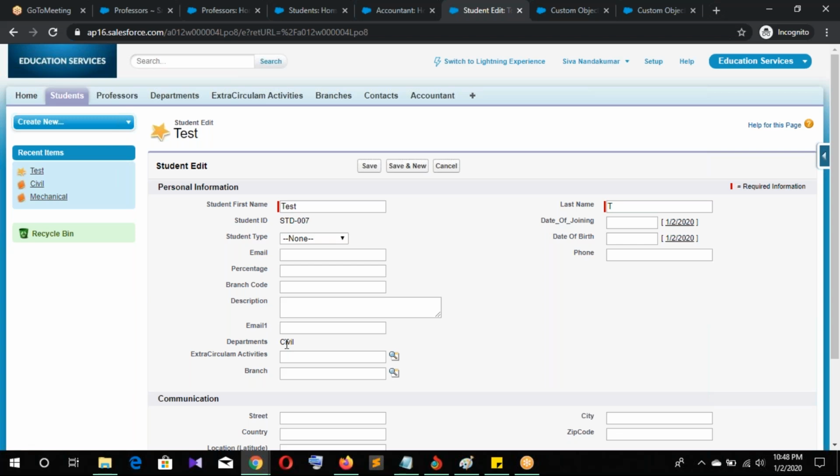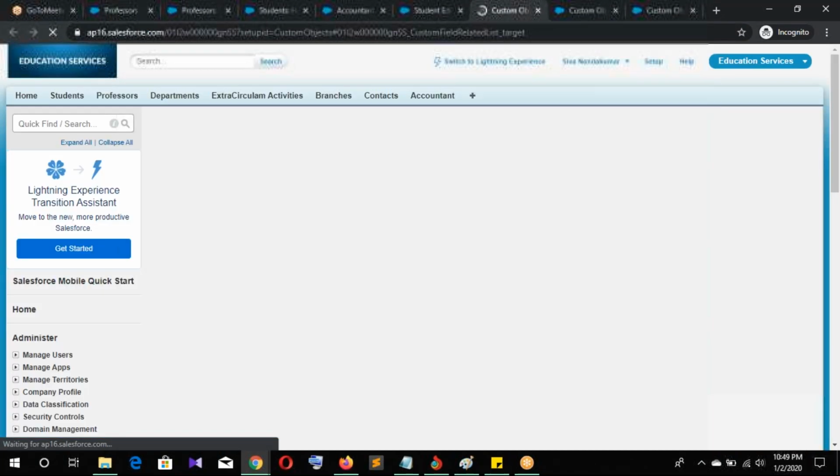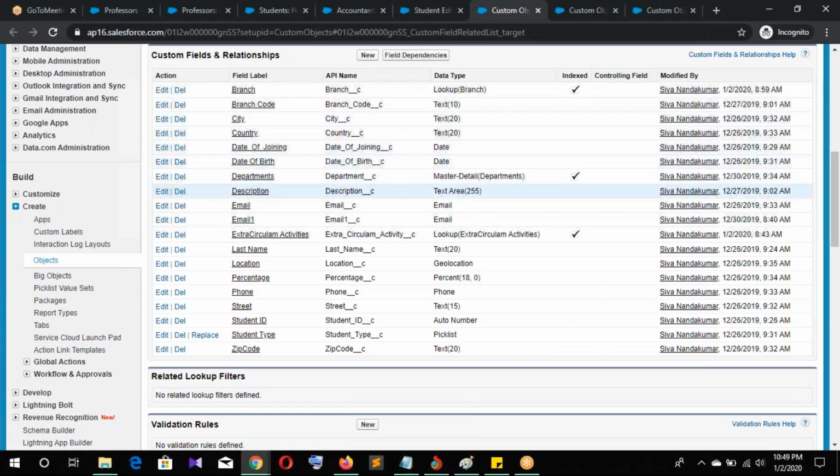But in our business requirement, we want to change the parent object of the corresponding child object. There is one possibility. Go to the fields. Which one is the department? I want to change the department.